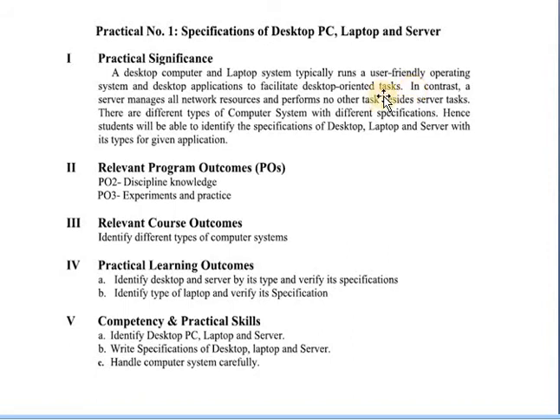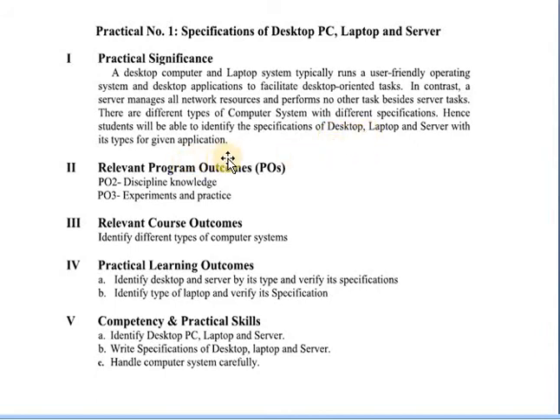Okay, in contrast, a server manages all the network resources and performs no other task besides the server tasks. There are different types of computer systems with different specifications. Hence the student will be able to identify the specifications of desktop, laptop and server with their type for a given application.